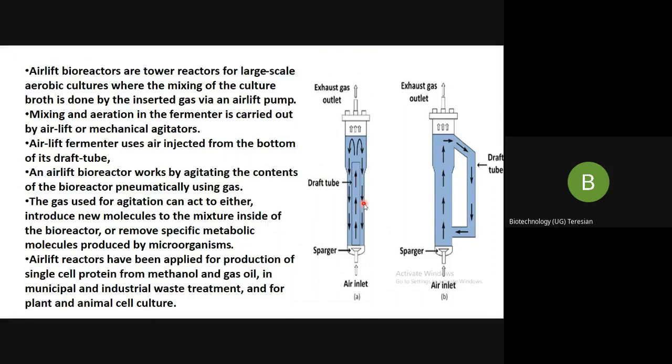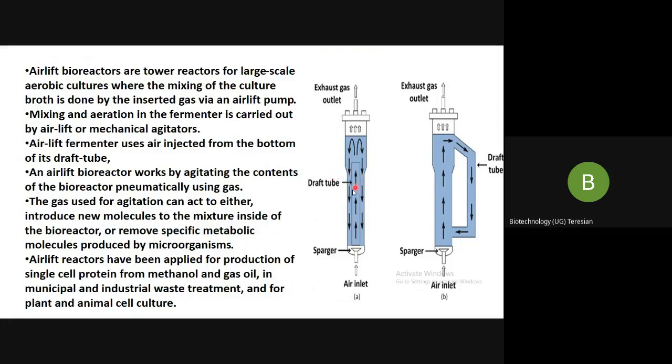So once again, I shall repeat the importance. This type of reactors can be operated at a very low cost because they don't have any agitator. Since they do not have any agitator, they are also called pneumatic reactors. So there is no question of mixing because there is no mechanical stirring for mixing. The turbulence caused by the fluid flow ensures the adequate mixing. That is, the violent movement of this liquid causes the adequate mixing.